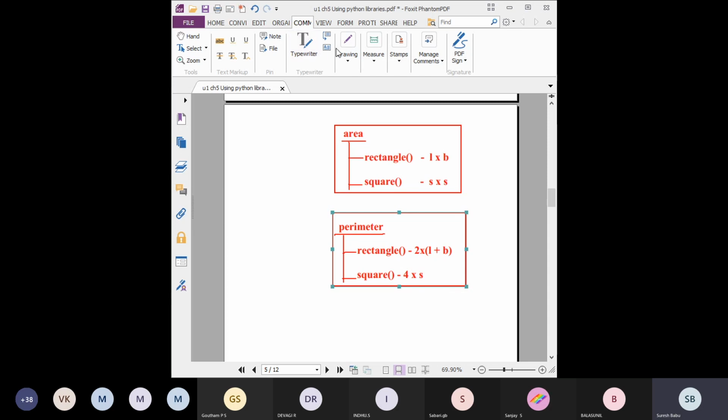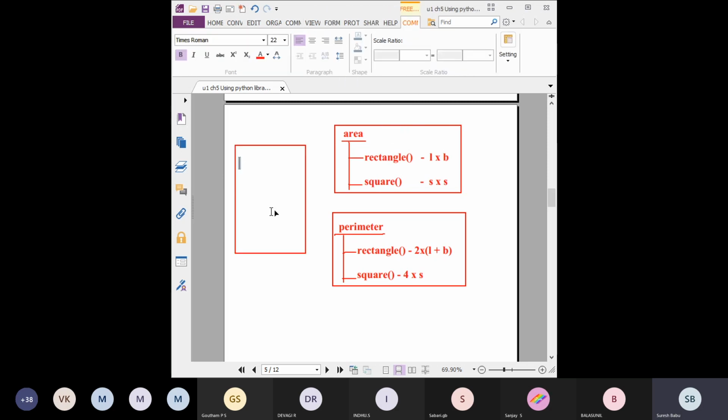The third one, I'm going to give a program. This is my program. On behalf of you, I'm going to create a program. I'm going to create any program name. You can give any program name, like program 1 or program 2, whatever name you like. I'm going to give program 1.py. Inside, I'm going to import all the functions of area and perimeter. These are user created module functions.